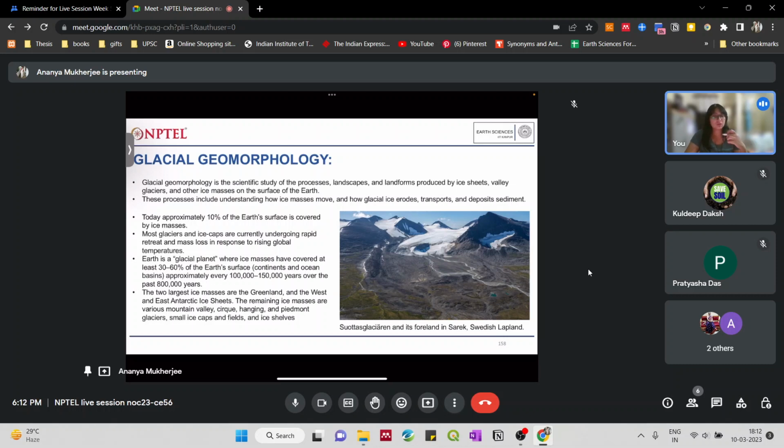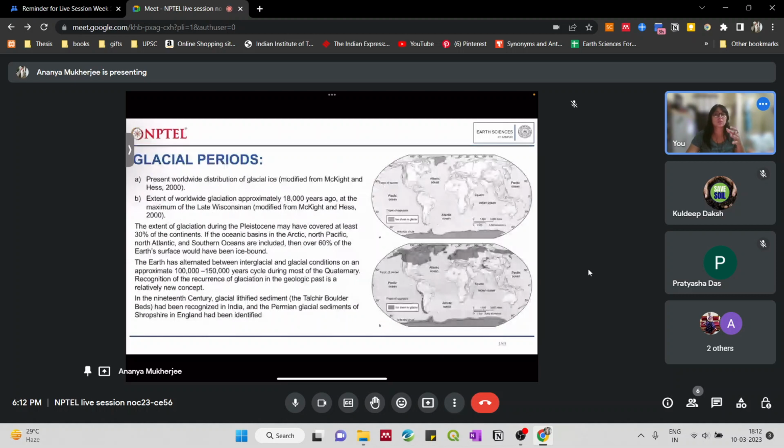So before we go into glacier, the geomorphology aspect of it, we will try to understand what glacial periods are, how glaciers are forming, and what sort of work they normally do with respect to the shaping of landscapes. So presently the distribution is, the two images are present over here. The upper image is